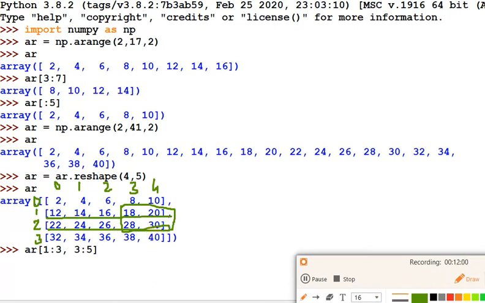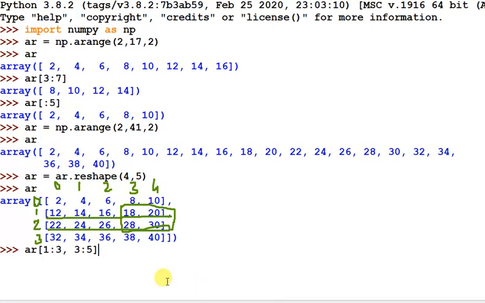So look here. Same example, in this example I am minimizing this and then pressing enter. So look here, 18, 20, 28 and 30. These values have been extracted. So this is the slicing. When you apply slicing on a 2-dimension array, in this way you have to evaluate. First you extract all the rows from the first argument, and then you apply the selection of columns on the basis of the second index given in your slicing. Okay, so this array value will be extracted from the 2-dimension array.